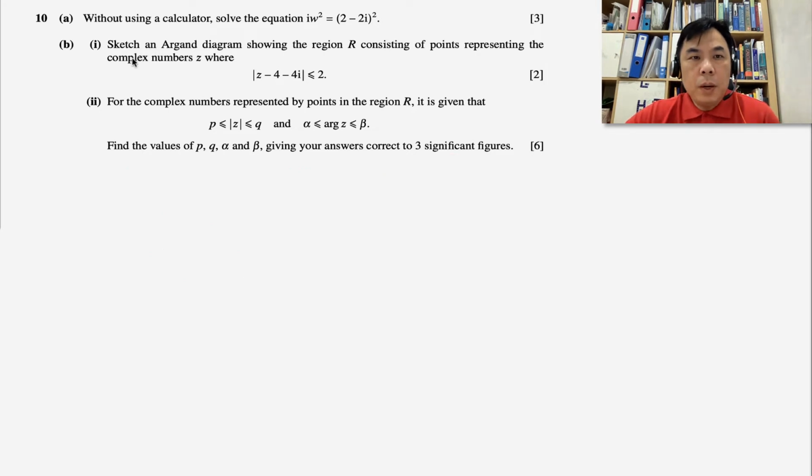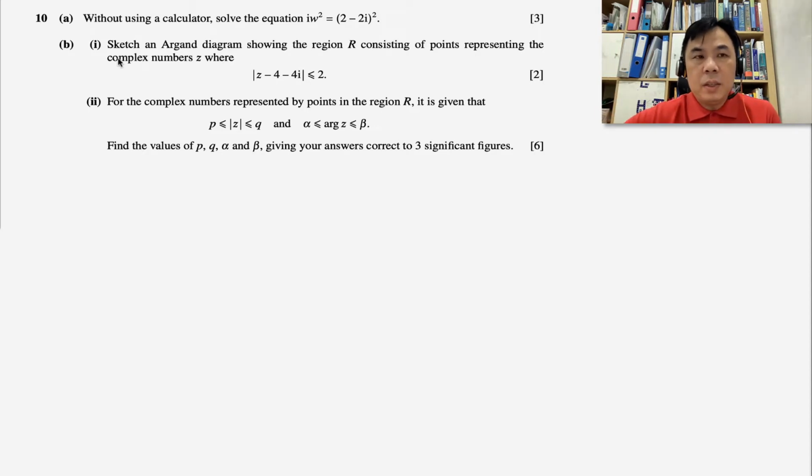Alright, for the second part, we need to sketch an Argand diagram showing the region R consisting of points representing the complex number Z as follows here. Now, we need to recognize this complex inequality as a locus or a region of points that is found inside a circle that is centered at 4, 4, and then radius 2. Right, now in order to do this